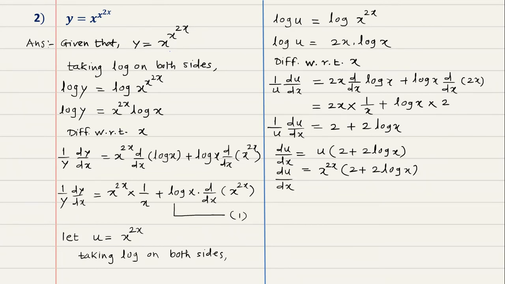So this is very important. Now we will complete equation number 1 by putting the derivative of x raised to 2x. du by dx means the derivative of x raised to 2x, that is x raised to 2x into bracket 2 plus 2 log x, or by taking 2 common, we can write it as 2 into x raised to 2x into bracket 1 plus log x. So we will put this value in equation number 1. So equation number 1 becomes,